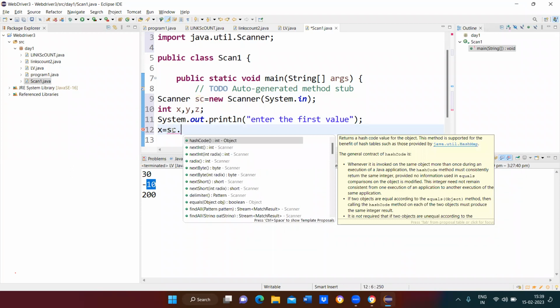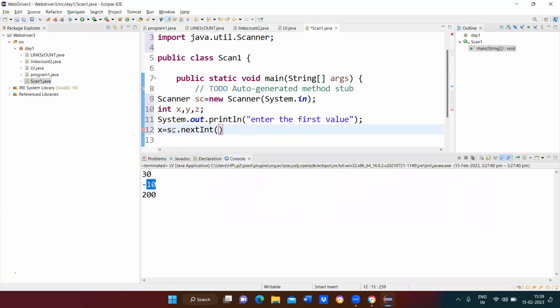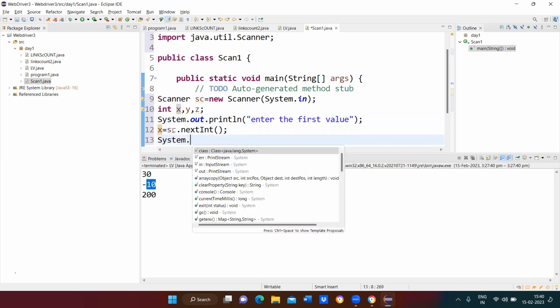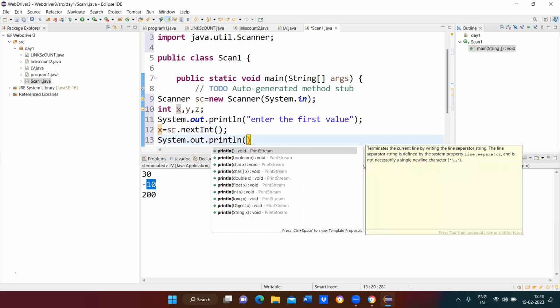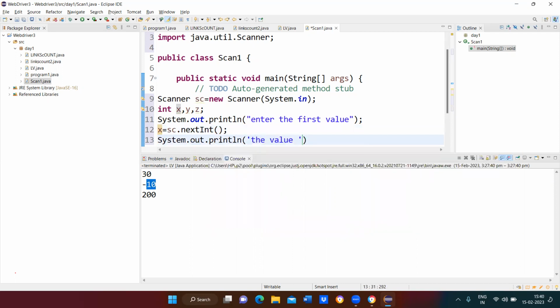If you want to enter the user inputs for an integer, what is the function we use? nextInt. Okay? So the user is going to enter the integer values by using the scanner and it is being stored in the variable x. Now, System.out.println the value which you entered is